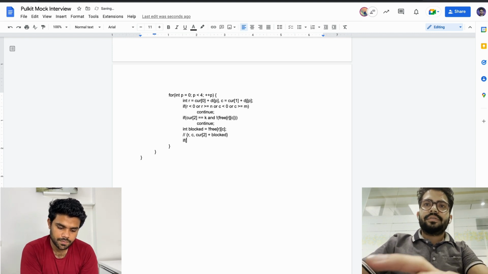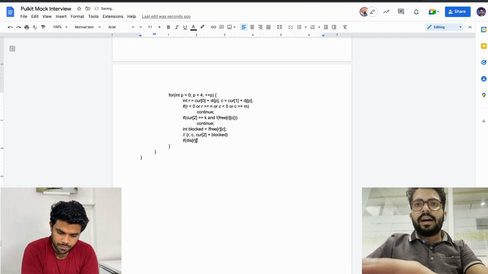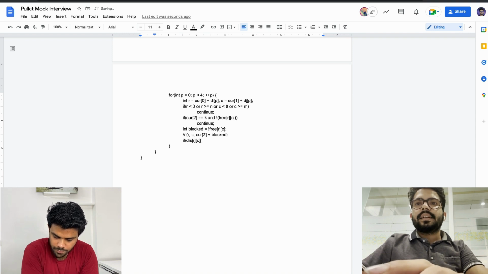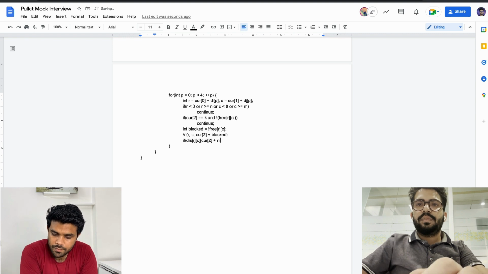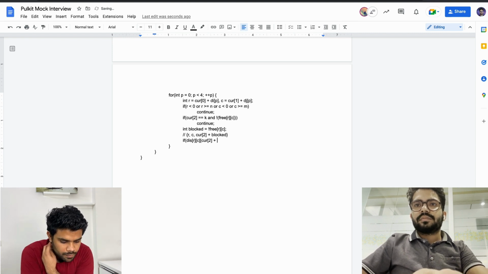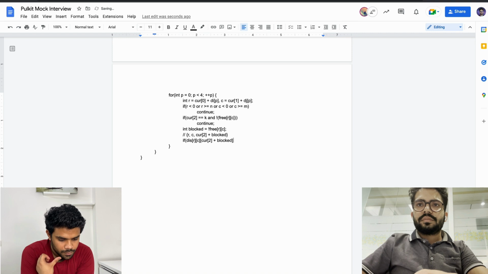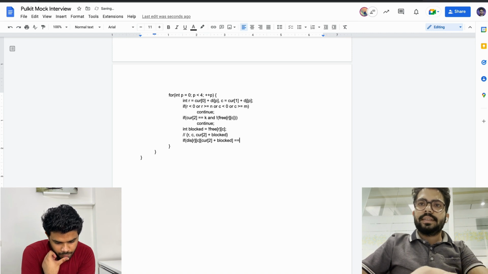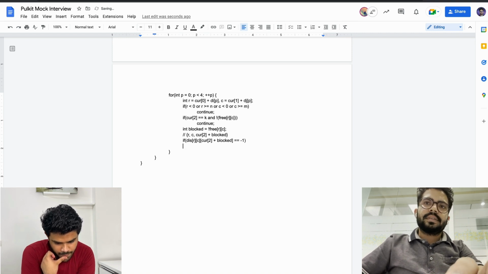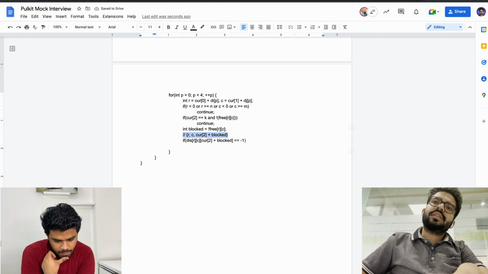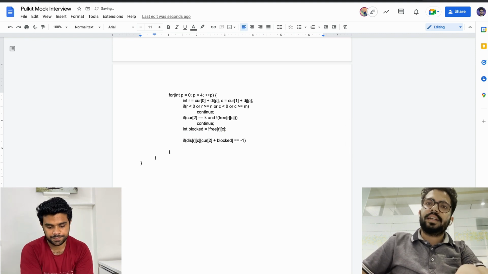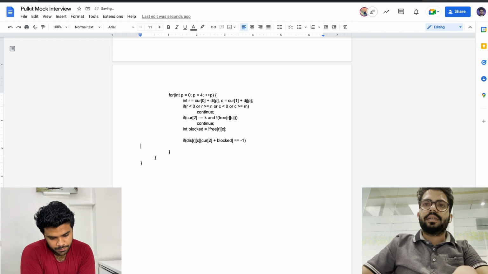So now I'll simply say that if this of r, c and current of 2 plus blocked is, if it is equal to -1, because if it is not equal to -1, it is already in the queue. It means that we already have a better answer for this.